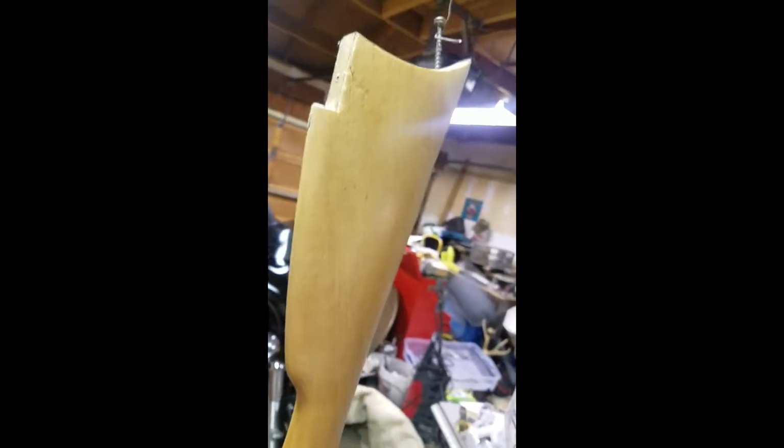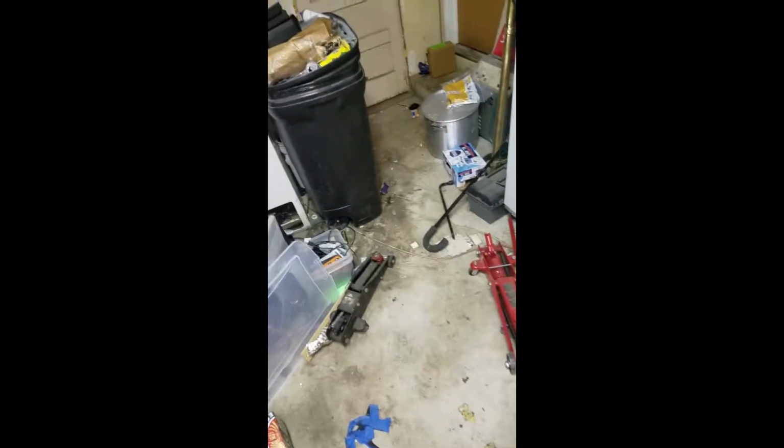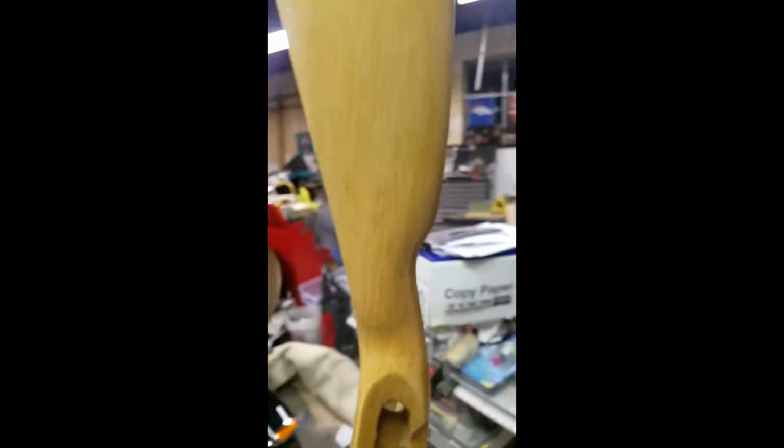We're going to let this cure, come back, hit it with the sandpaper again. Second coat of stain or sealer. I've been using the 400 grit sandpaper to get it down. Getting ready to put some more filler sealer on there. Okay, so got about 3 coats of